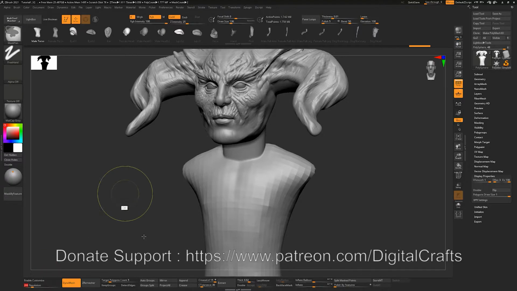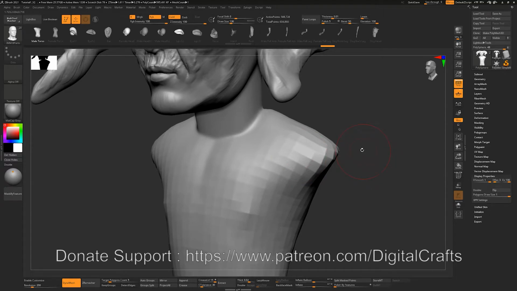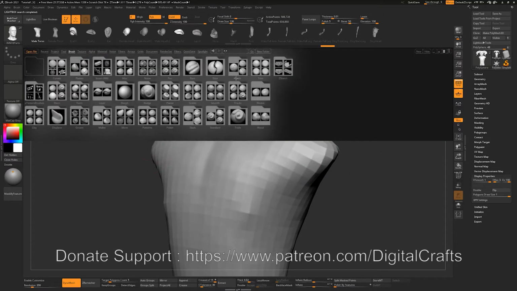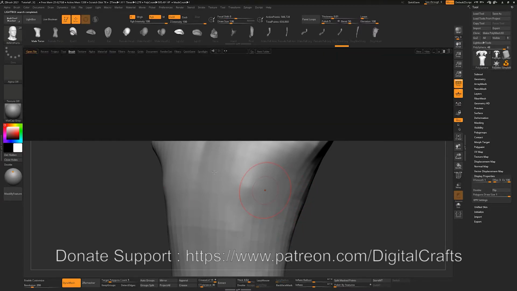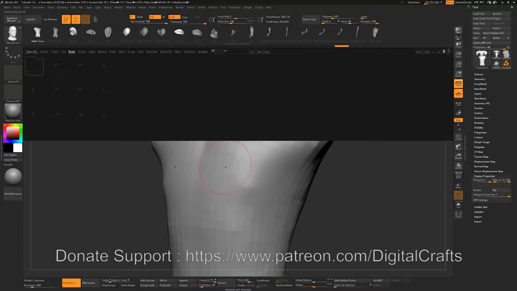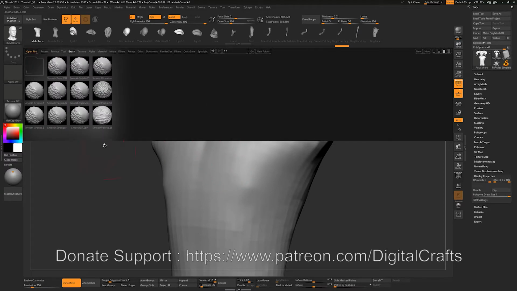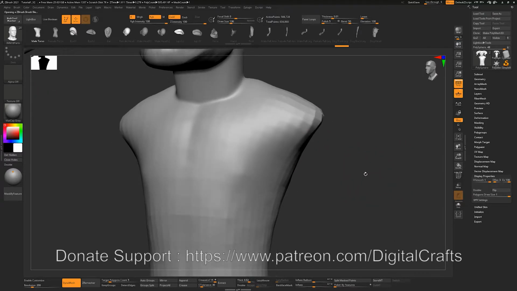Let's decrease the resolution a little bit so that I'm able to smooth. So if I go to my brush tab, you can see that right now it's taking way too much time to just smooth out the surface. So we can just go to this brush tab and click on smooth, and you can see that we have multiple smooth brushes. So I need the smooth stronger brush because the mesh is very dense,